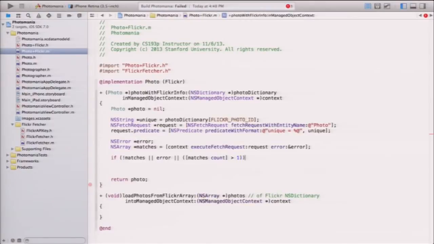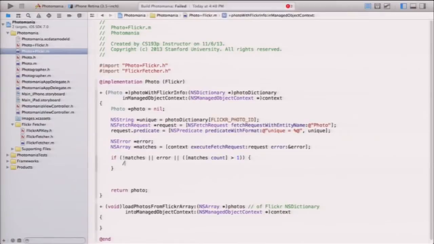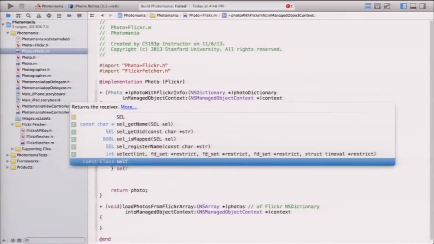And if I somehow got multiple photos by doing this, that would also be an error condition. So I have to handle error here. We're not going to do that today, but you can imagine. Okay. Otherwise,